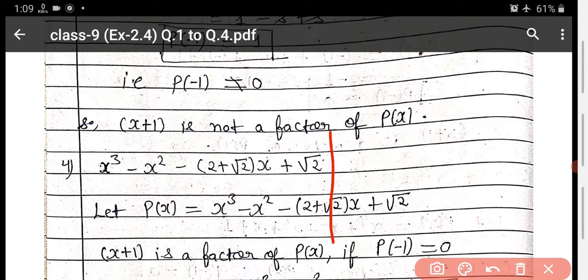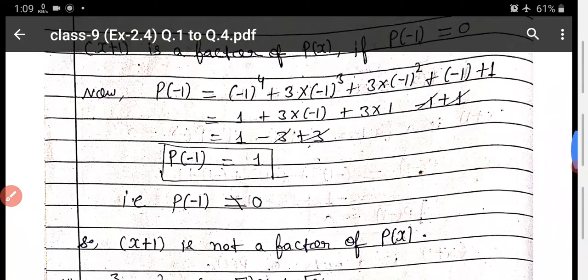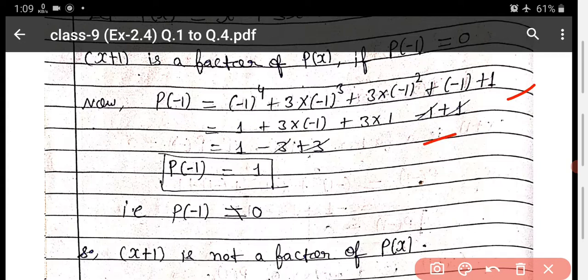Now I am not going to explain this small calculation again and again. It is a very easy one. You are bigger children, so you have to do it by yourself. I have already written it here, you have to understand by yourself.